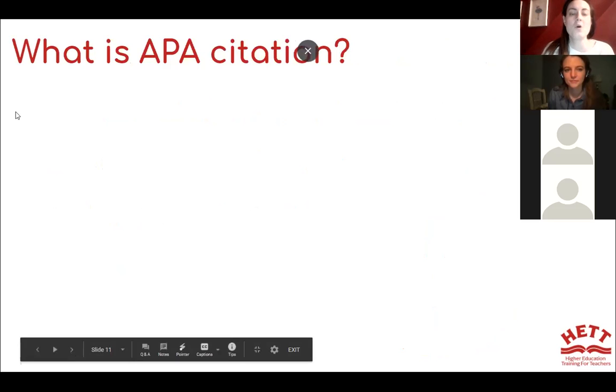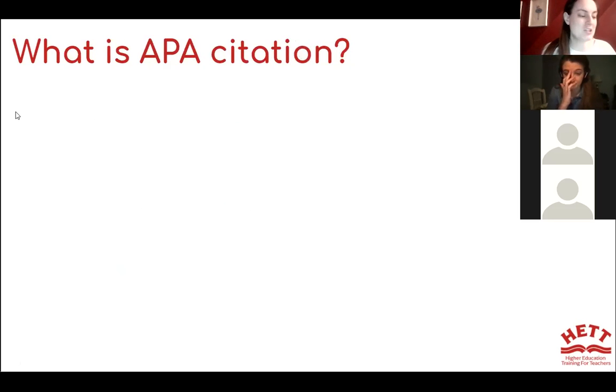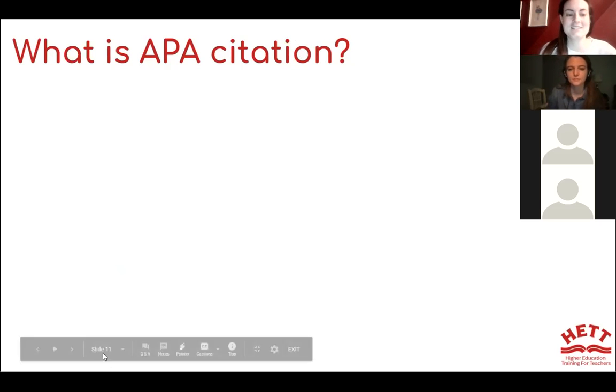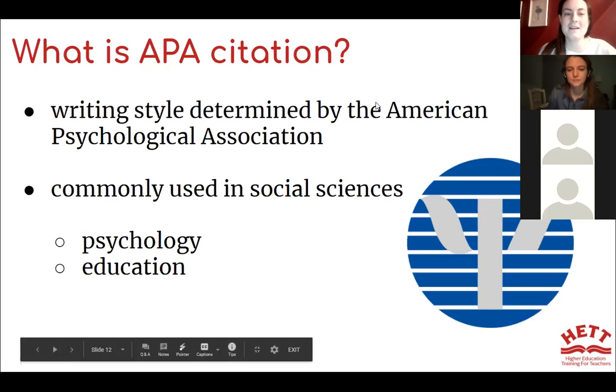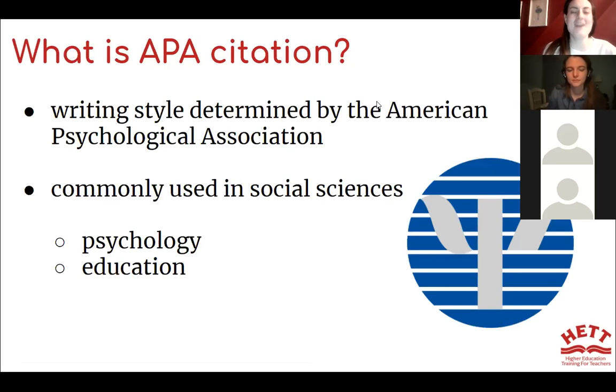Okay. What is APA citation? Someone already mentioned where it comes from. It's the American Psychological Association, APA, and it is commonly used in the social sciences. It's used in psychology, it's used in education.